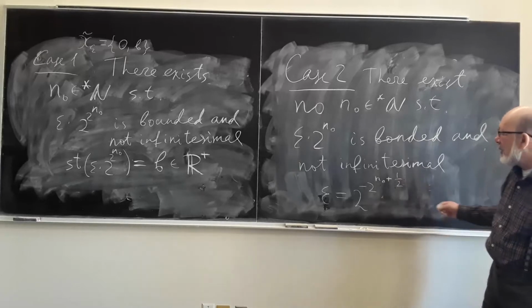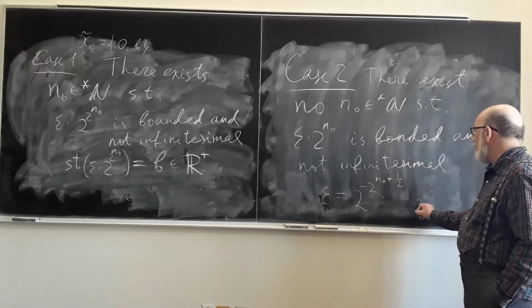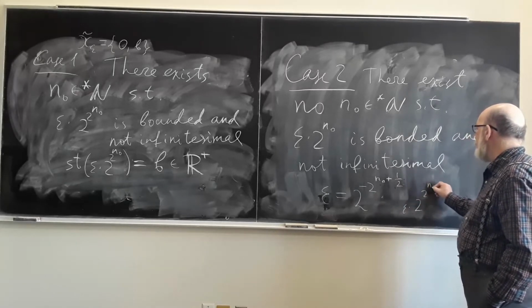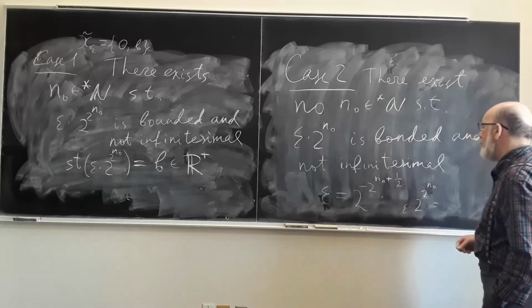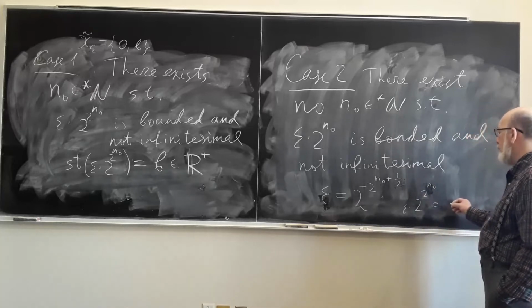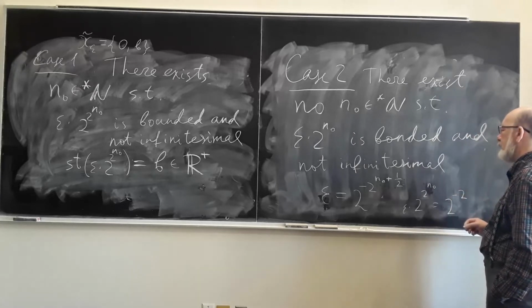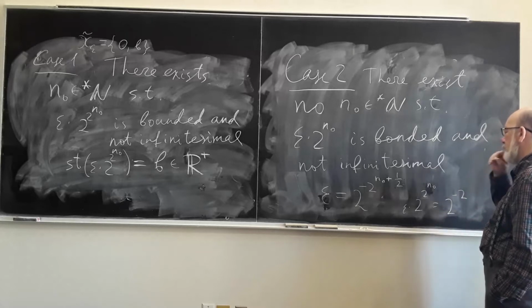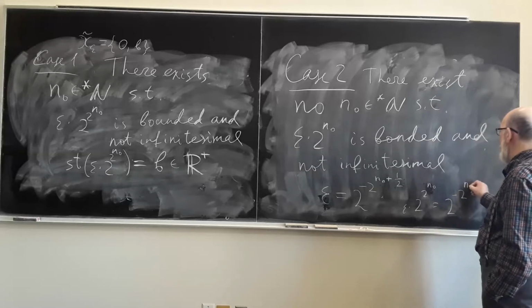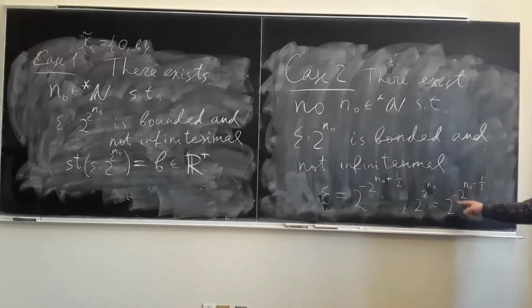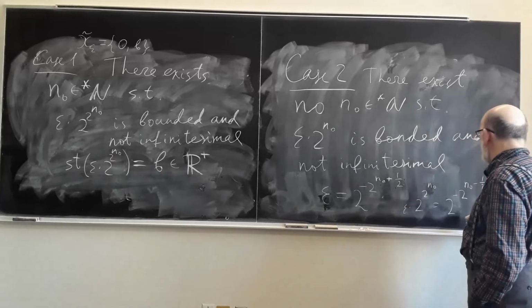Yes. Then you can see epsilon times 2 to the 2 to the n0 equals 2 minus 2 to the n0 minus 1/2. Yeah. So this number is infinitesimal, and if you consider